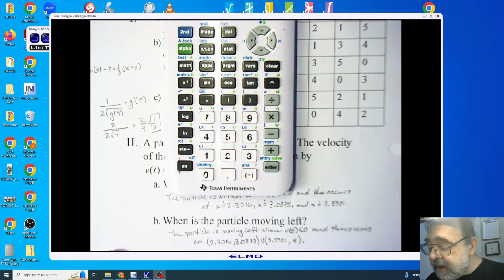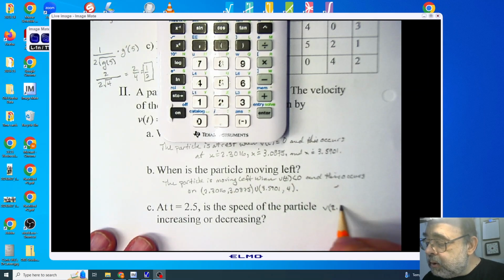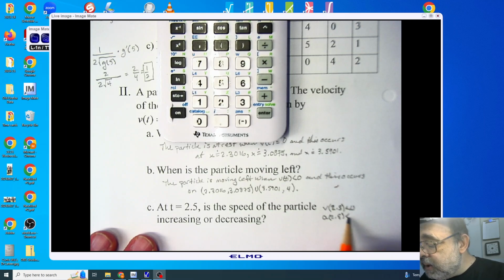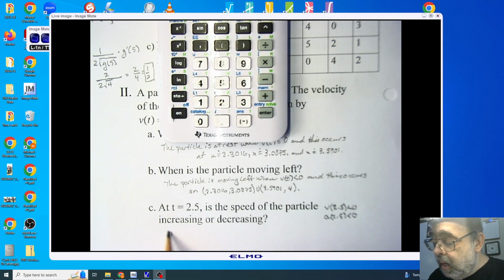So let's go ahead and write that. We have velocity, v of 2.5, excuse me. Let's make sure you can see that. v of 2.5 was less than 0, and a of 2.5 was also negative, less than 0. Alrighty, so the speed of the particle is increasing